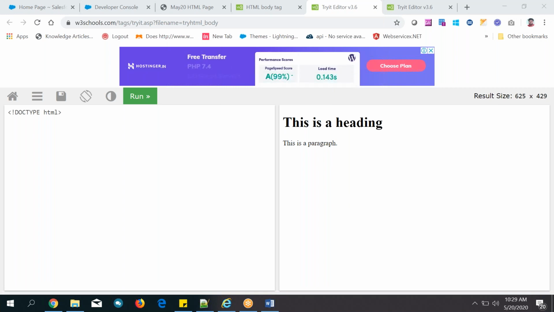And don't be afraid, oh, these many tags are available. Don't be afraid. If you understand it, it is very easy. Understanding is the only important thing. Memorizing will not work for development. Understanding will help you. What is what, that is very important. How it is working. Any questions?